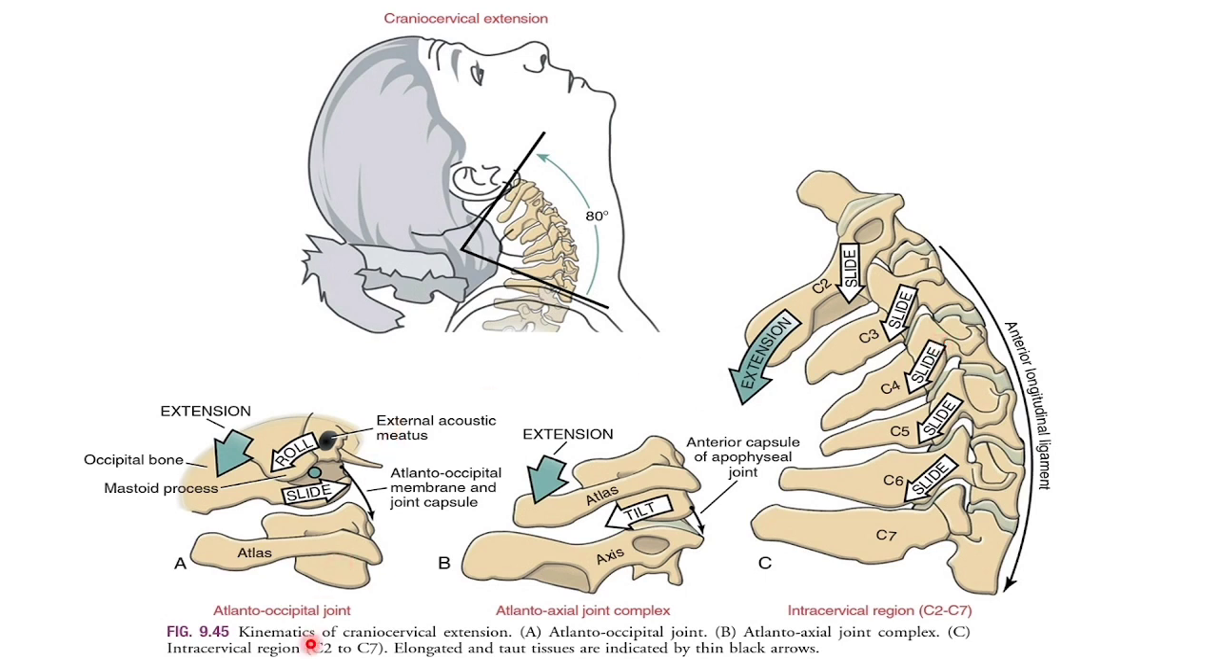So this is the extension. During extension at the atlanto-occipital joints, there will be posterior rolling along with anterior sliding of the occipital condyle on the atlas. During extension over the atlantoaxial joints, there will be posterior tilting of the atlas over the axis. And during extension of the lower cervical joints, there will be posterior sliding of the superior vertebra over the